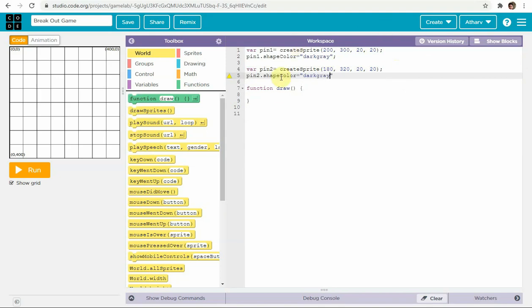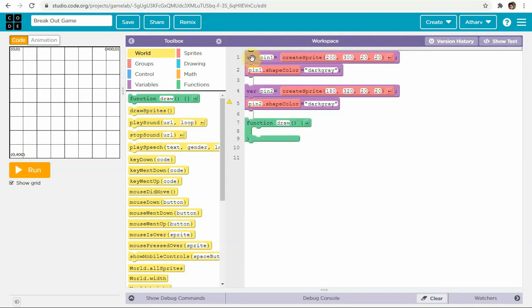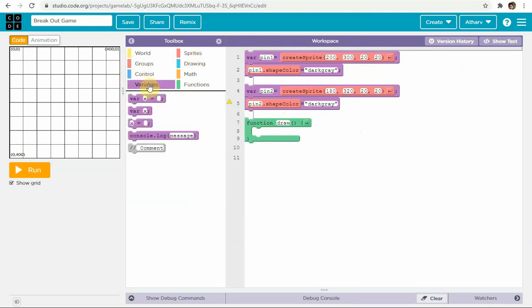Now if you want to see the blocks of the same, you can click show blocks. Yeah, as you can see, the var one creates like 200. Yes, like this only. So to find where is this variable tag, as you can see, here is the var function, var x is equal to this one, right? X means the sprite. Okay. Yeah. Now I move it a bit down, right?